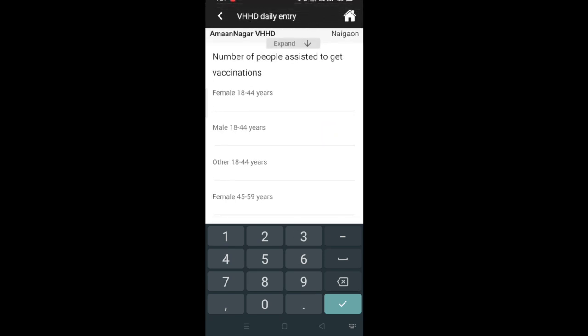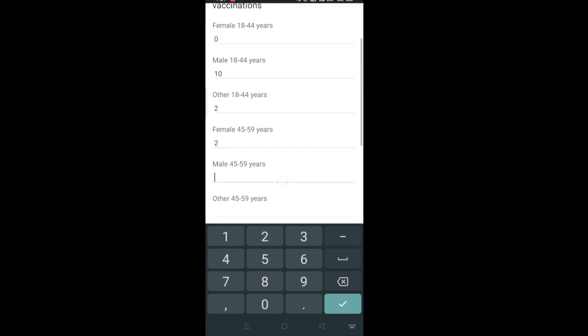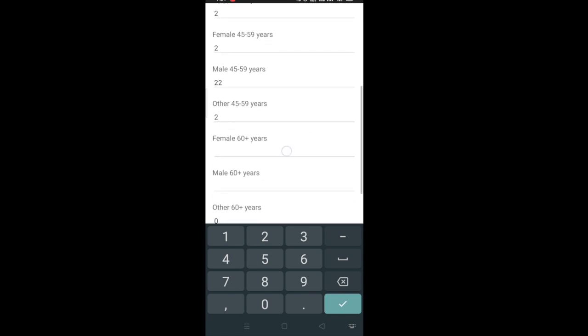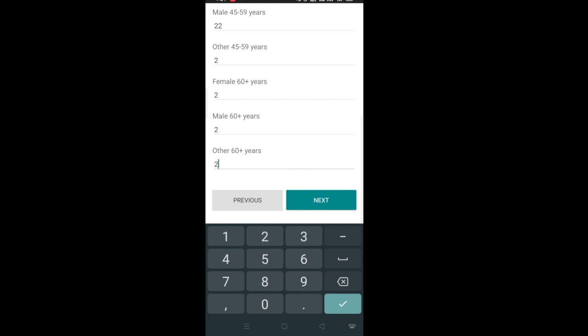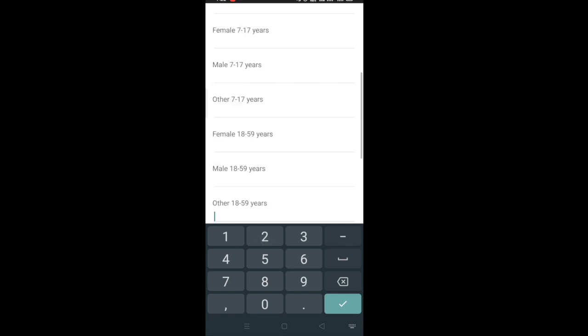Now the next page will ask the number of people assisted to get vaccination. Again we will fill this information. This is the number on a daily basis, how much assistance is provided by the VHHD.